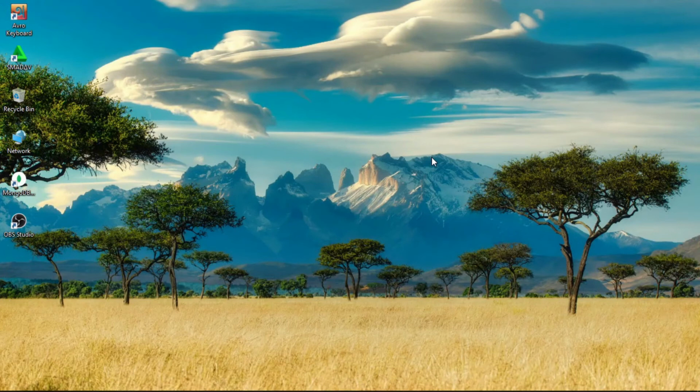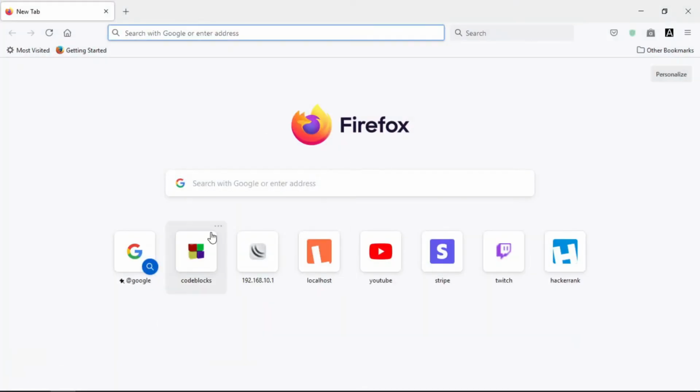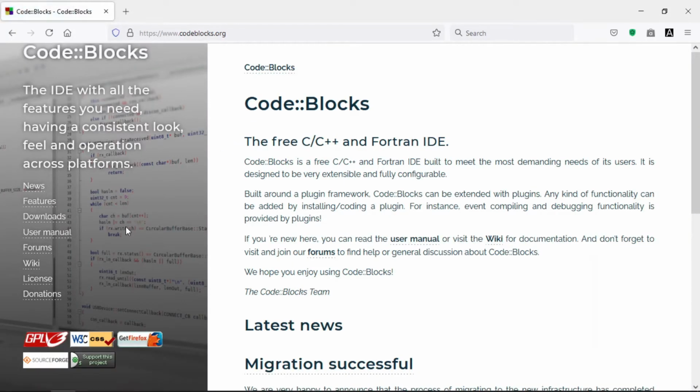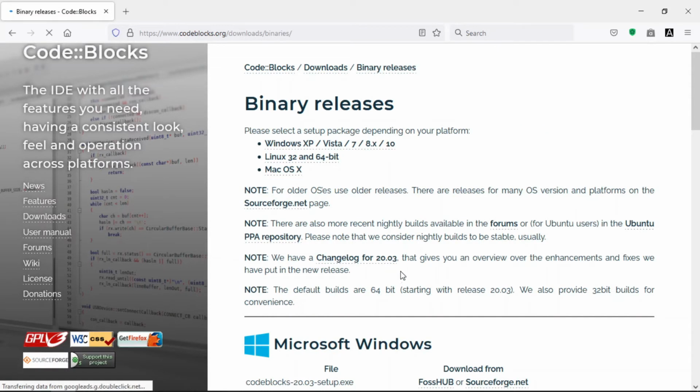Alright guys, let me show you really quickly through the installation of Code::Blocks. Open your browser, then type codeblocks.org. Come down to Downloads on the left side, then on the right side there are the specifications given. Download the binary release, or download the source code down here, and there are so many others further down. We're going with the binary release, and here in the binary release it